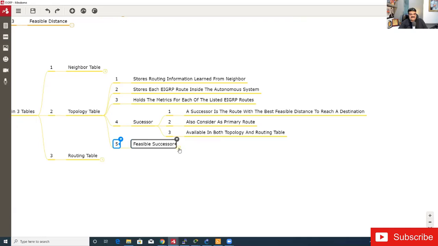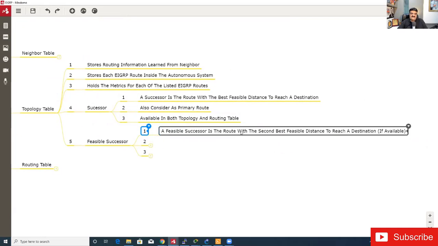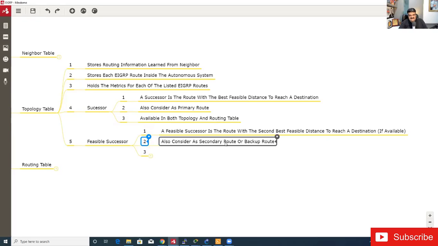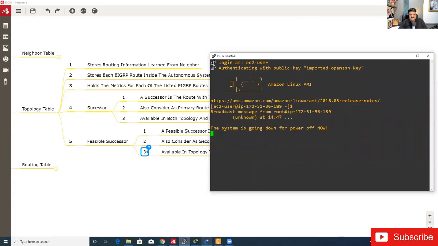If you go to the feasible successor, it is considered as a feasible successor route with the second best feasible distance. Also considered as a secondary route or a backup route, and available in the topology table only. So if you verify over here again,